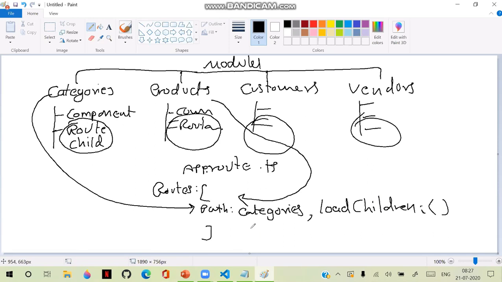This method will import that particular module, the categories module, then load that module and return it. What is this syntax? Whenever you hit categories,